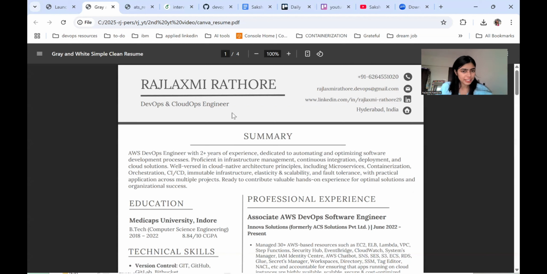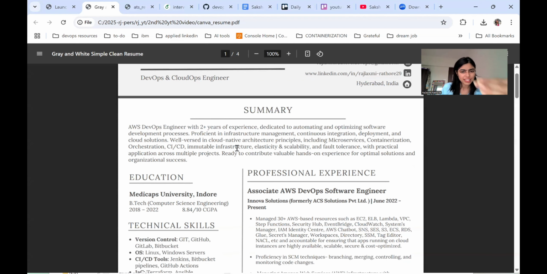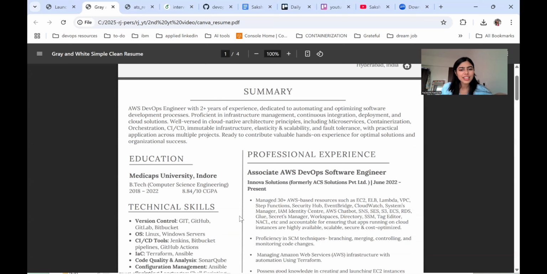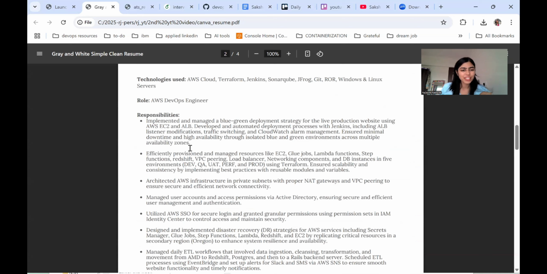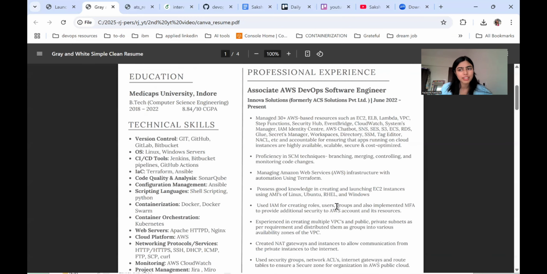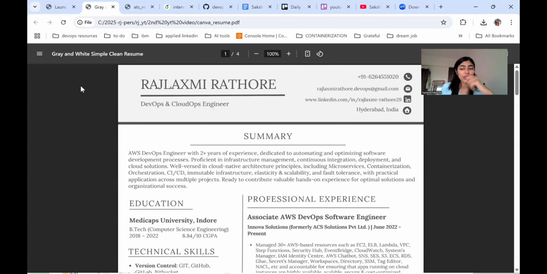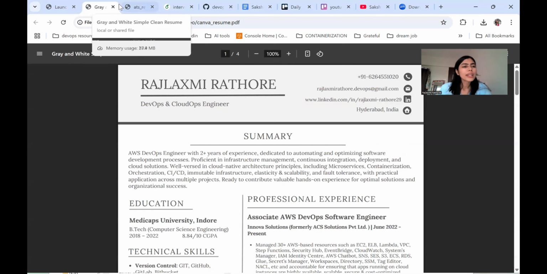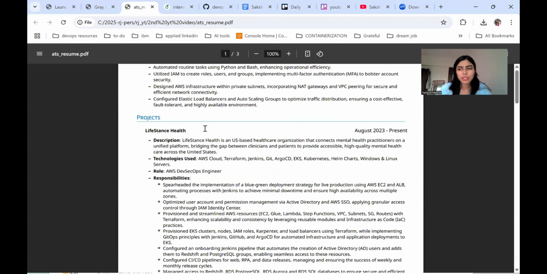Okay, so now, why is this not ATS friendly? ATS follows a continuous flow, and when it finds any break, then it doesn't scan further. So if you see, it will go from the summary and scan everything correctly. Then it sees this. This is the break. Then it will stop, and it will never go to the bottom. It will never filter your technical skills or your experience, etc. So this is not the one that you have to make. Now let me show you my ATS friendly resume.